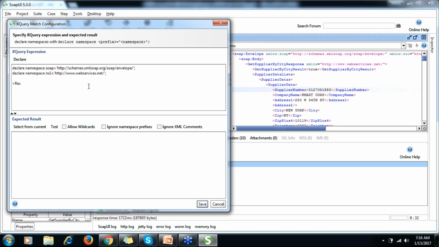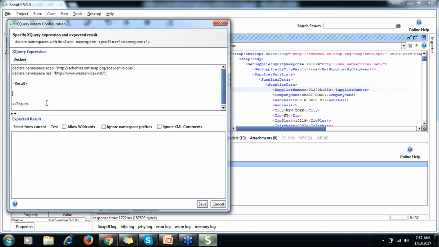So if I say result, and just for your information, this is not related to anything in your response. These are customized; you are writing them from your end. I want to display that result in this format.